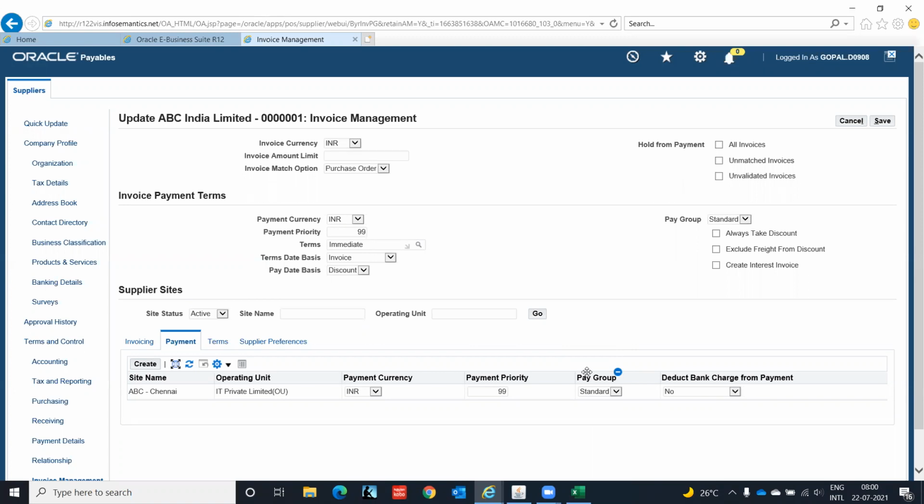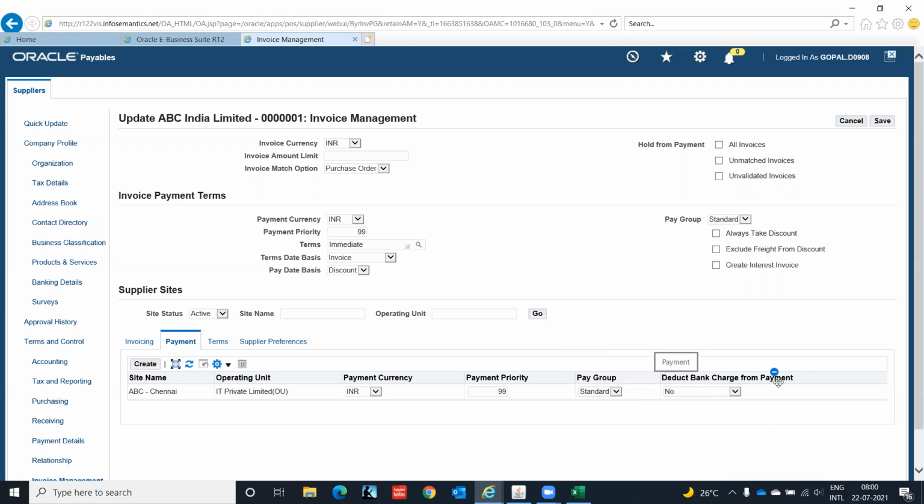So that comes under different categories. If it is a hardware supplier, we can group it under hardware suppliers, software suppliers, manpower resources suppliers. All this can be grouped in different categories, and we can use that category to do the payments also. So right now it is standard. We will see what all we can do at the time of doing payment.